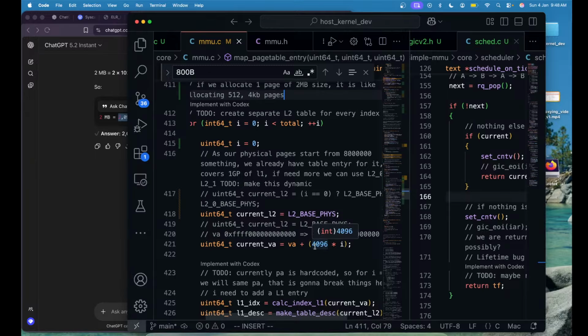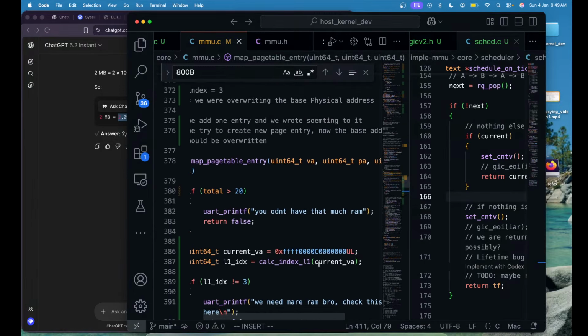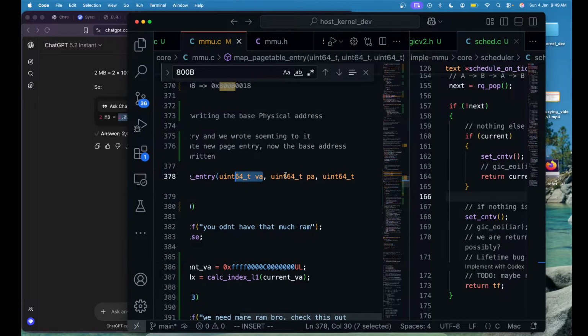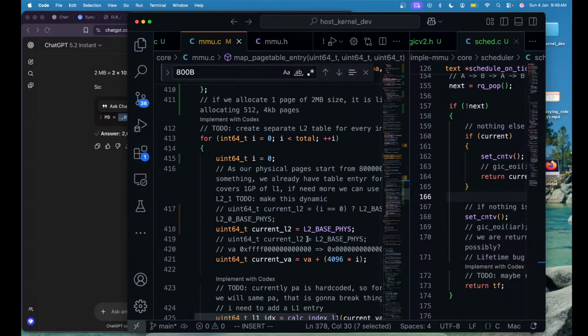Virtual address plus 4096 into I. Yeah, that's true, because we have the starting address and we want to allocate, let's say, 3 pages, then we first allocate the page virtual address plus 0, because 4096 into 0, and then VA plus 4096 into 1. So that is fine. It should work